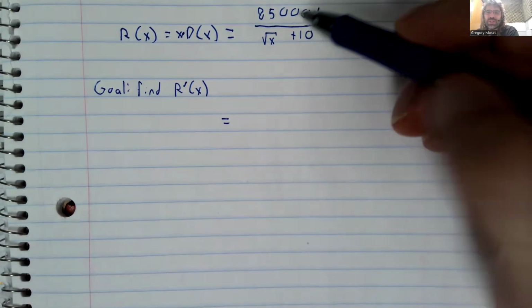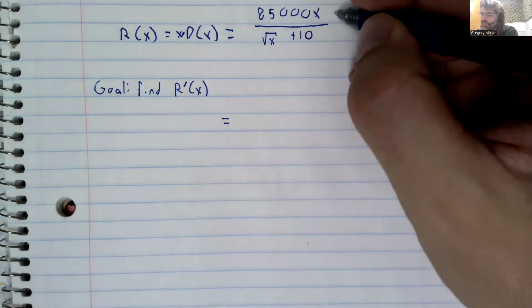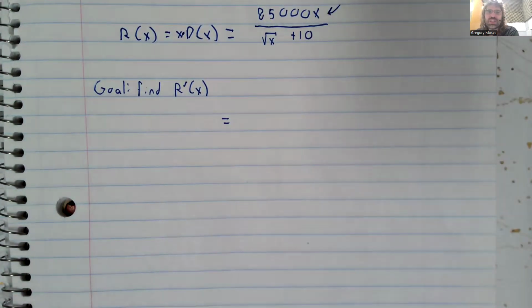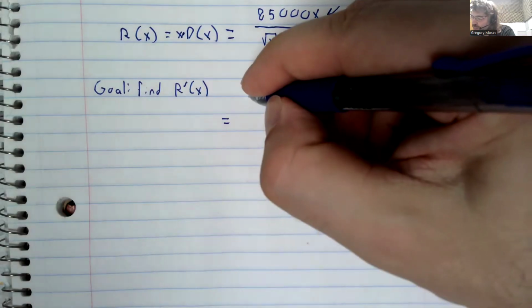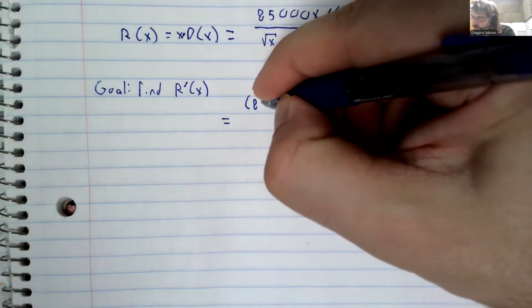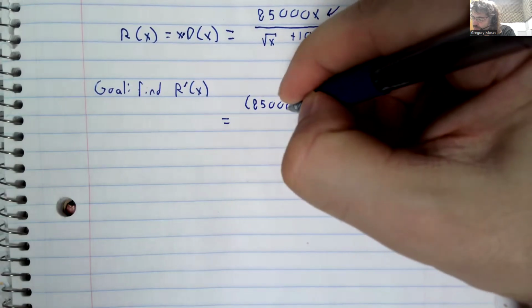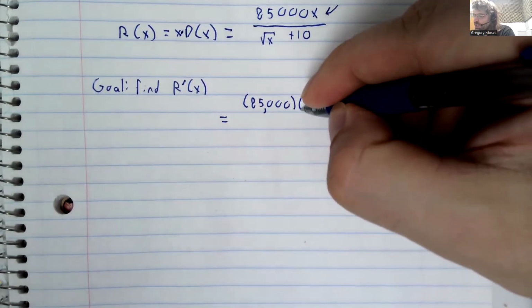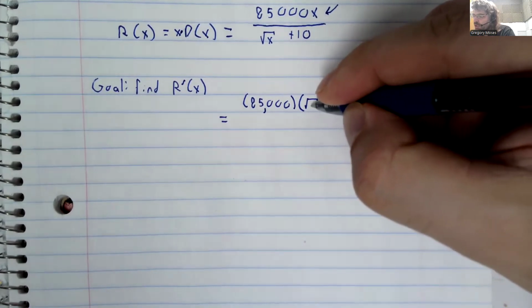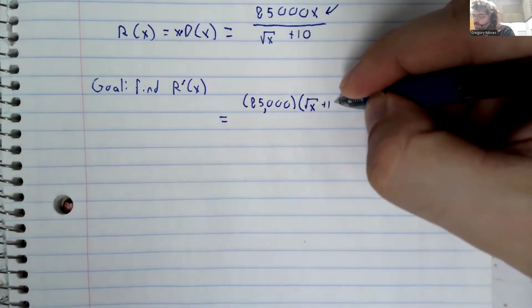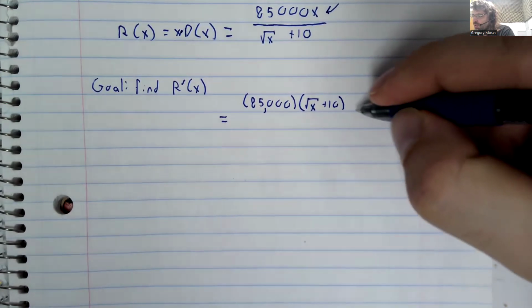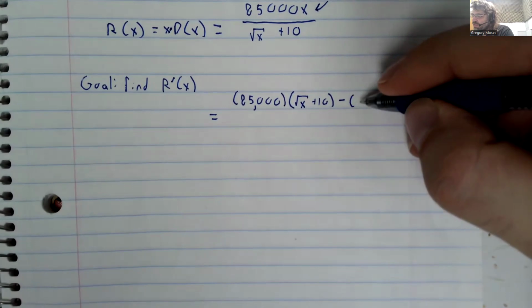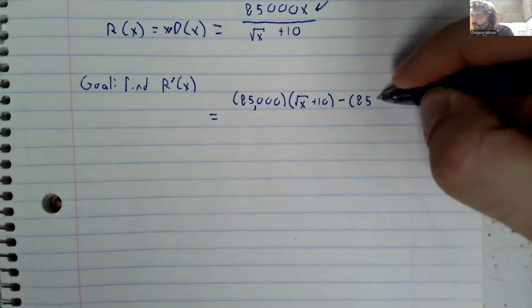We take the derivative of the top, and the derivative of 85,000x is 85,000. And we multiply by the bottom. Then we subtract, and now we leave the top alone,